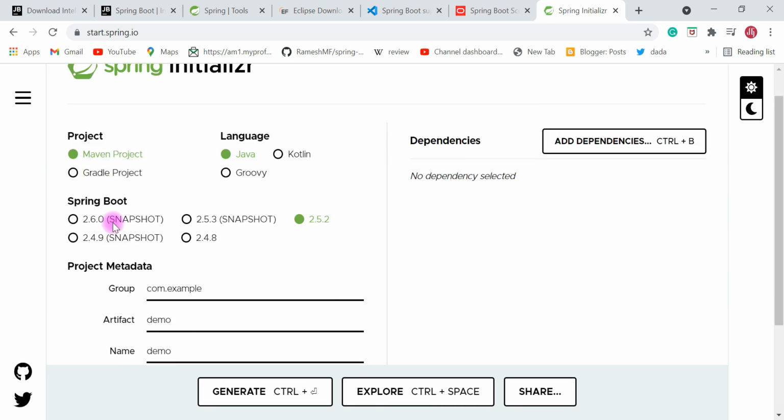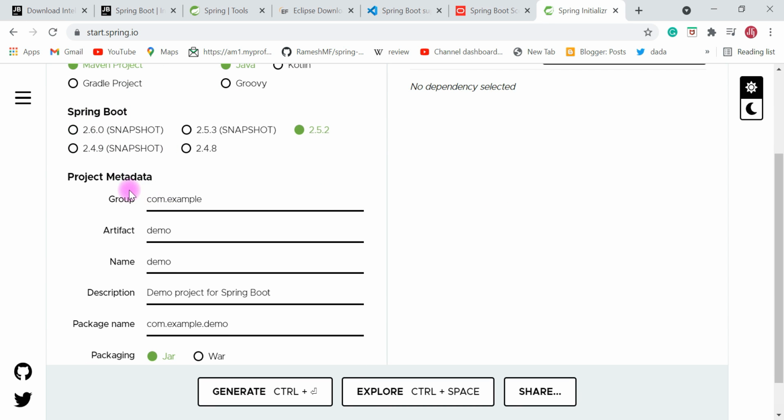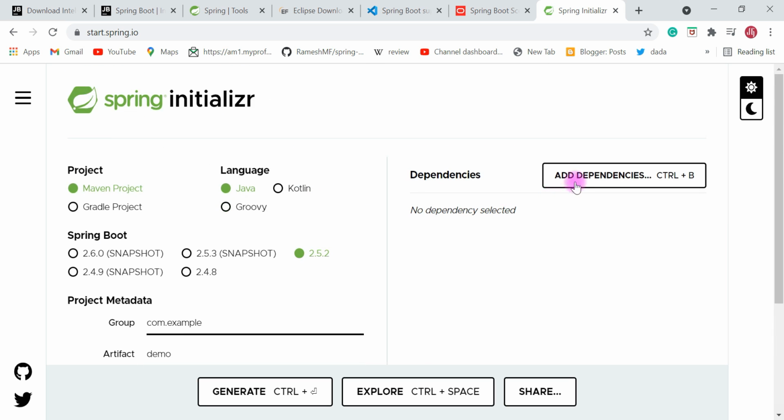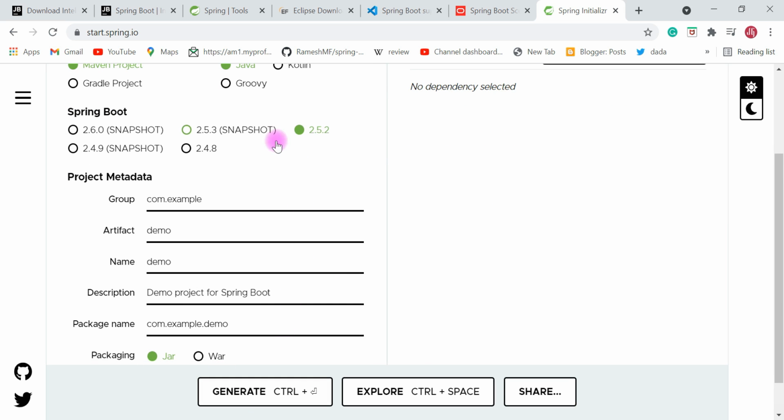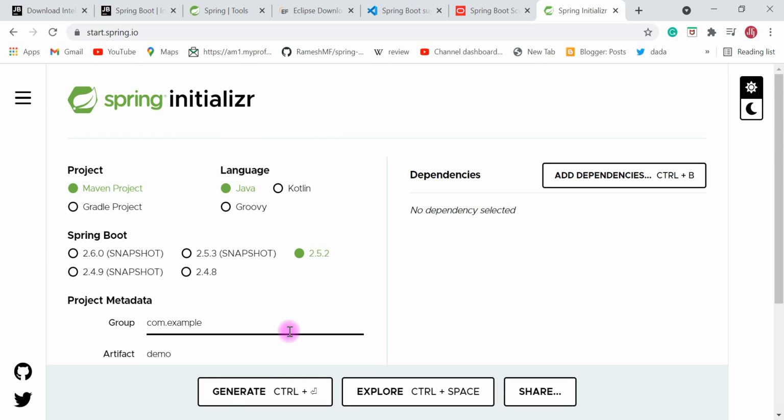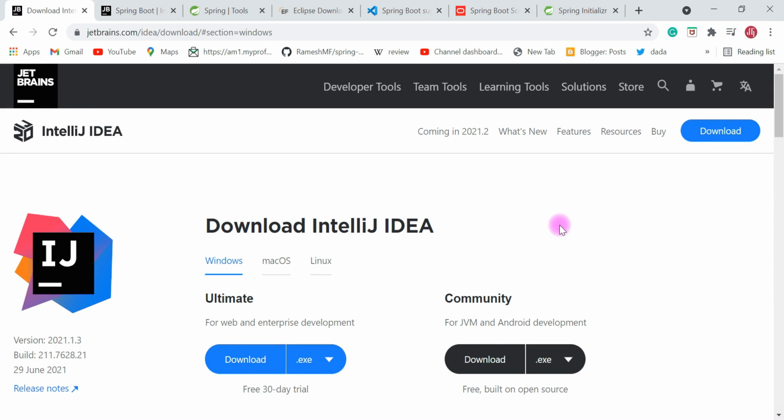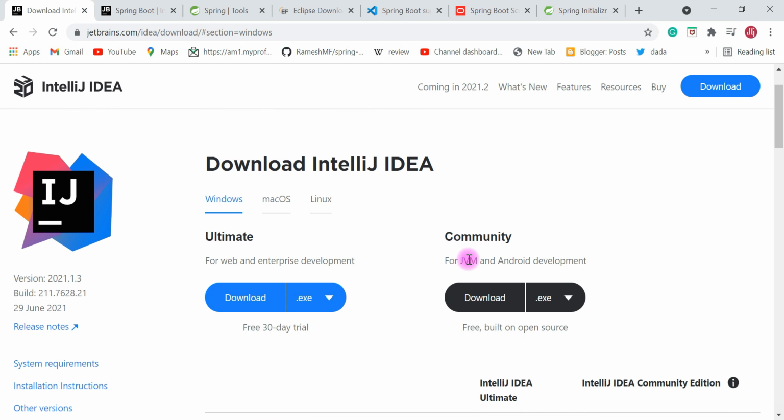You can choose the project type, Spring Boot version, provide the project metadata details, choose the dependencies, and generate the project. This will generate the Spring Boot application as a zip file. Then you can unzip it, import it in IntelliJ IDEA, and start working on the Spring Boot application. That is how you can use IntelliJ IDEA Community Edition to develop Spring Boot applications.